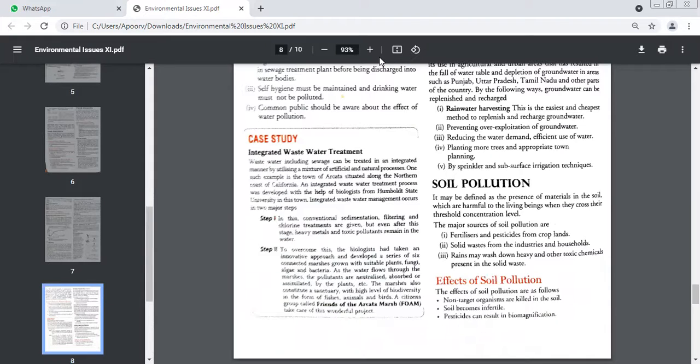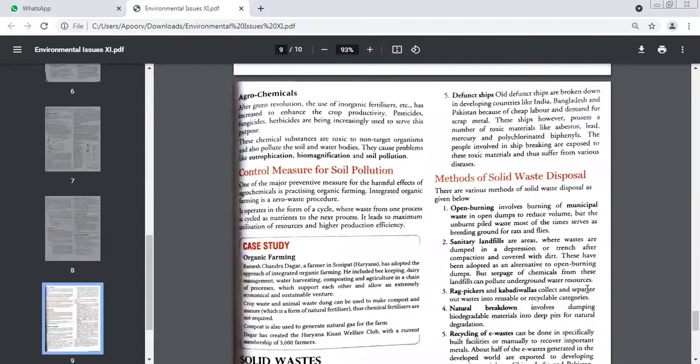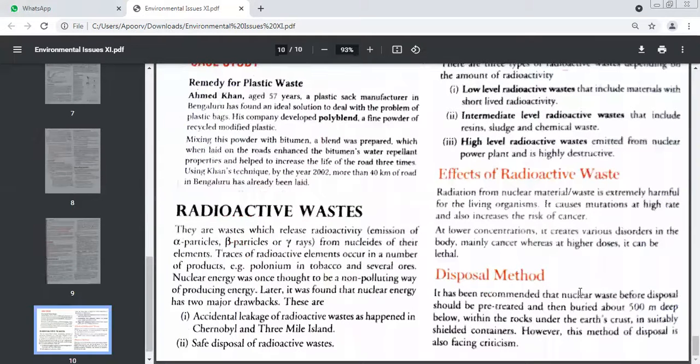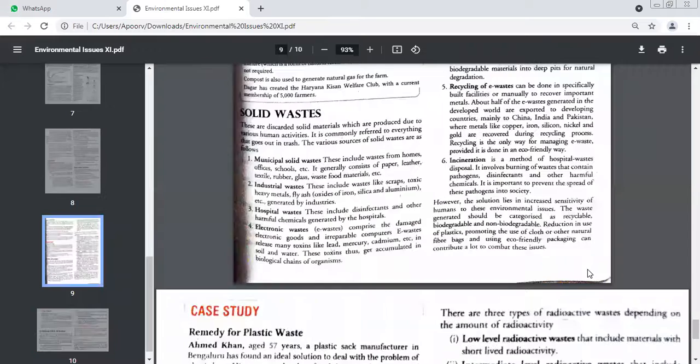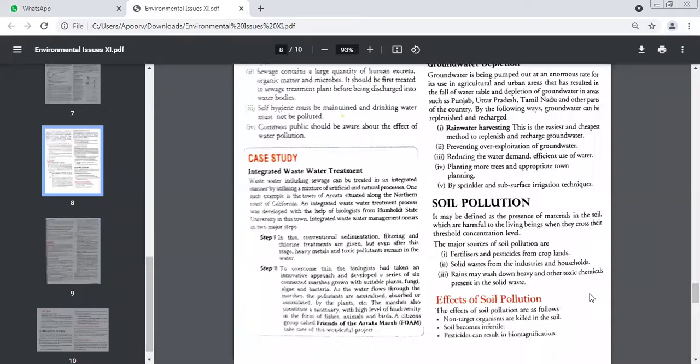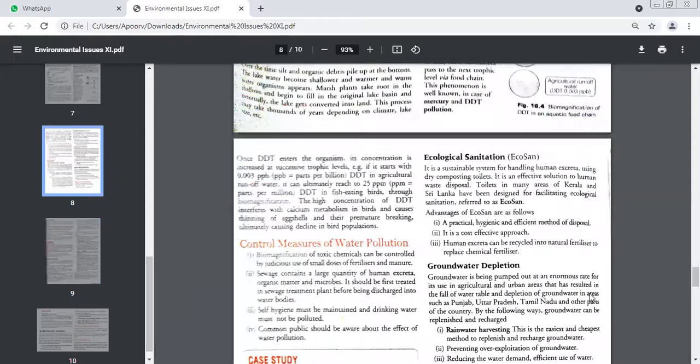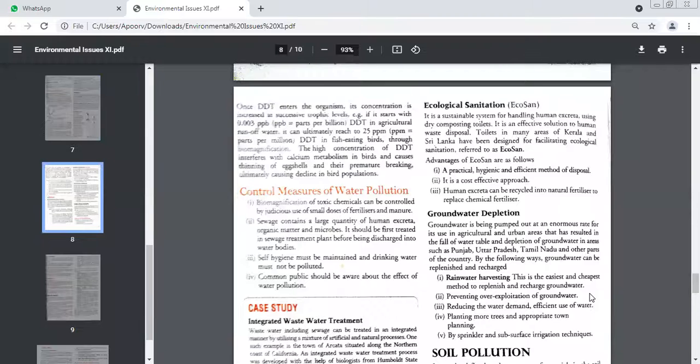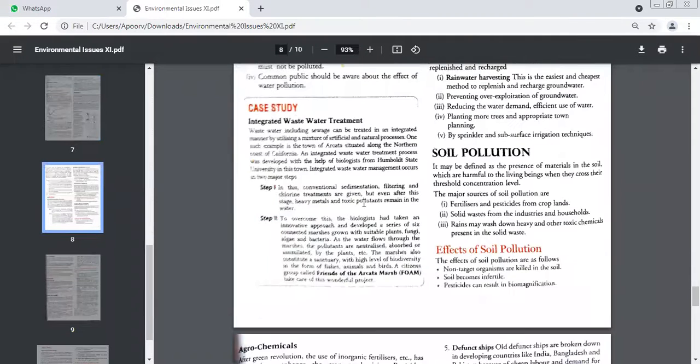Then we'll move on to the last pollution over here. This we have to do is soil pollution. Radioactive waste. Again, it's a part of soil pollution. Then first our target should be to complete this part today. Let me show this case study to you very quickly. This part. Read it quickly.